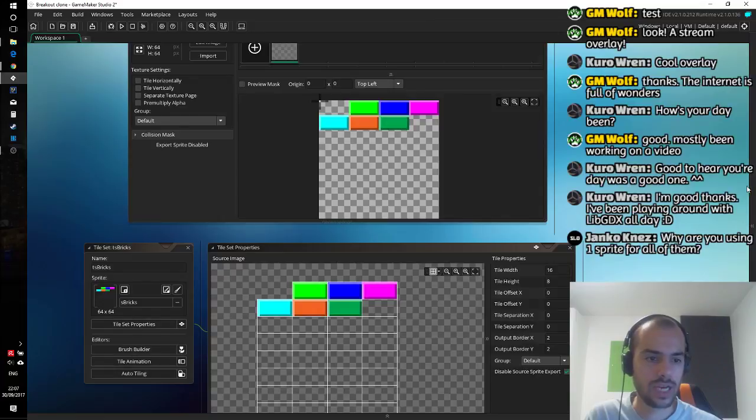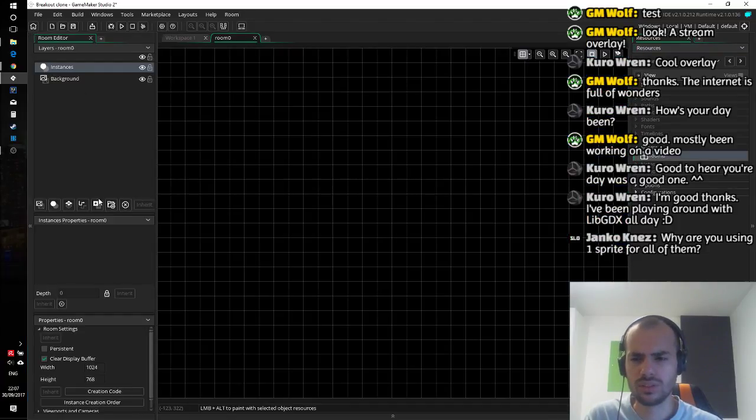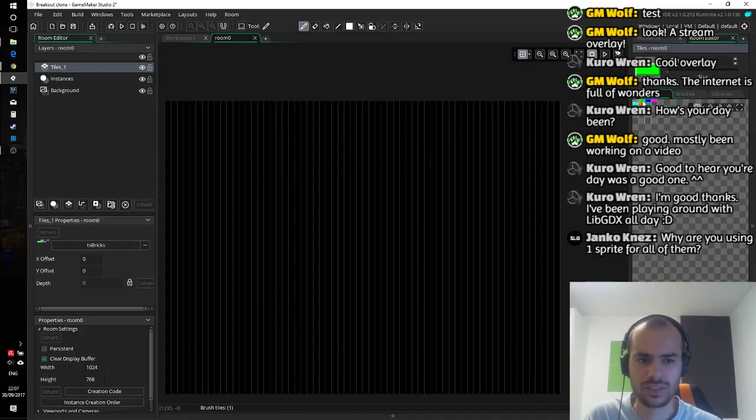Okay, so let's quickly add them in a room to see what we're working with. Why am I using one sprite for all of them? I'm using a tile map, a tile set. By using a tile set, I can use tiles. It's how you're supposed to use tiles, I guess. So see, I can just place my bricks in like this and like